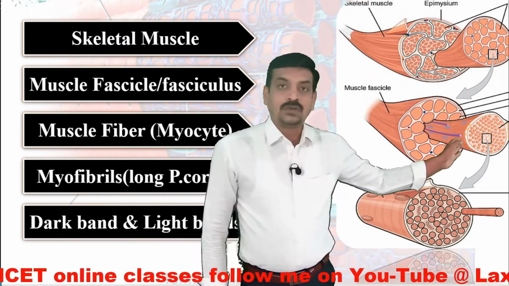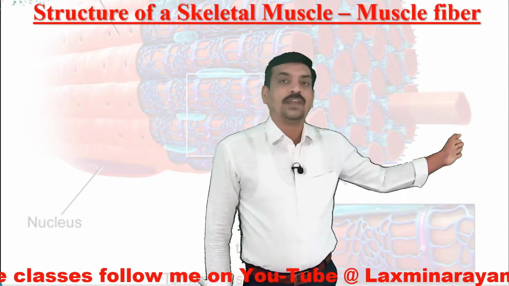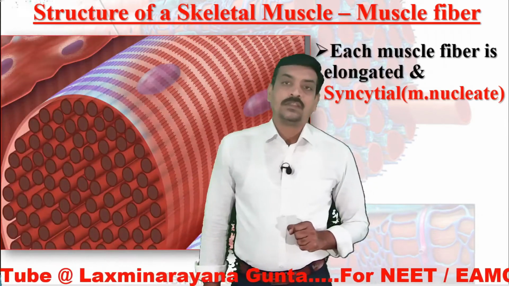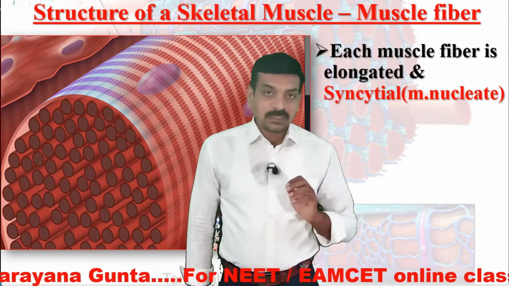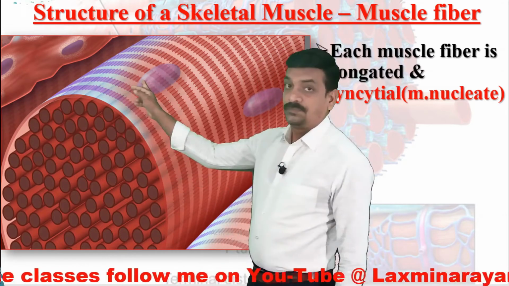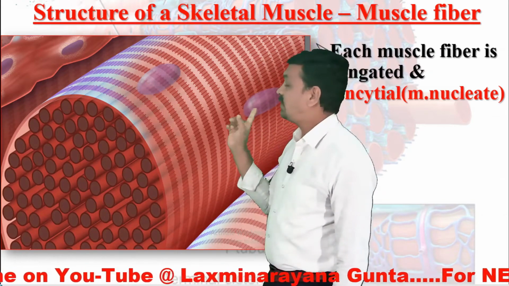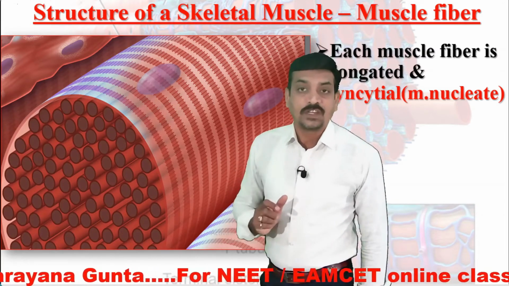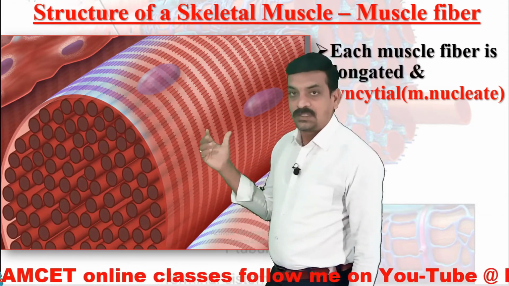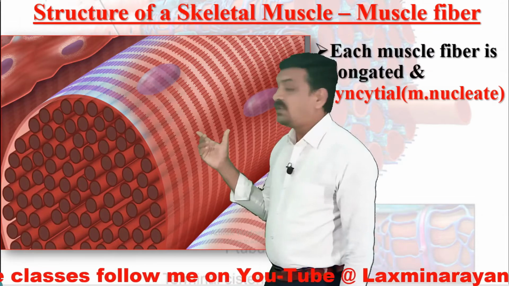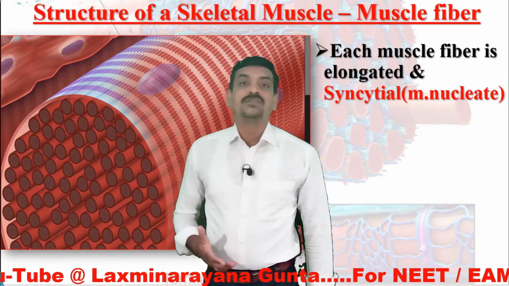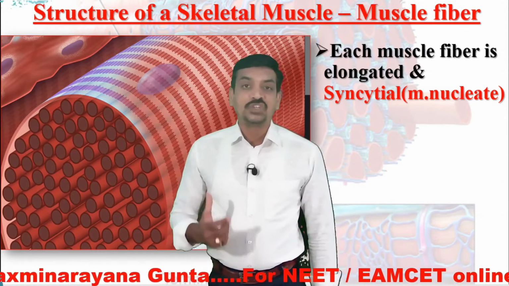Let us now discuss this muscle fiber. This muscle fiber is elongated and it consists of a number of nuclei. That's why it is called a syncytium. Unlike a normal animal cell, this muscle cell consists of a number of nuclei. This one is a nucleus, and this is another nucleus. Generally, the location of the nucleus is central, at the center of the cell. But here, in this myocyte or muscle fiber, the location of the nucleus is peripheral, and the number of nuclei is numerous.